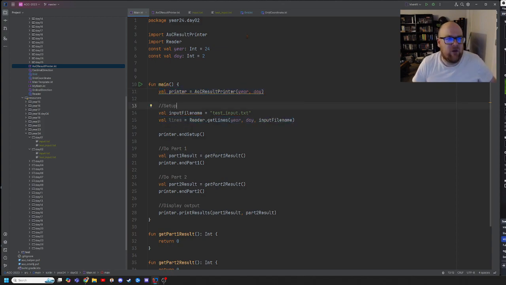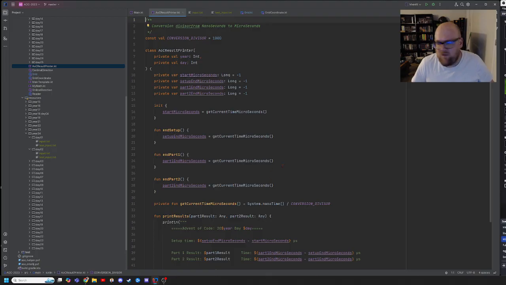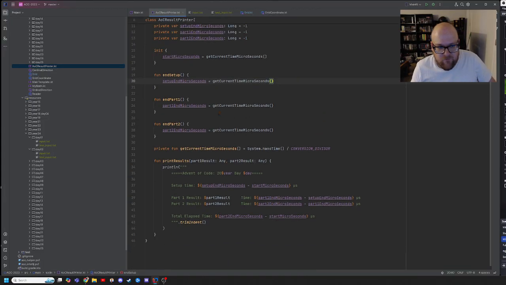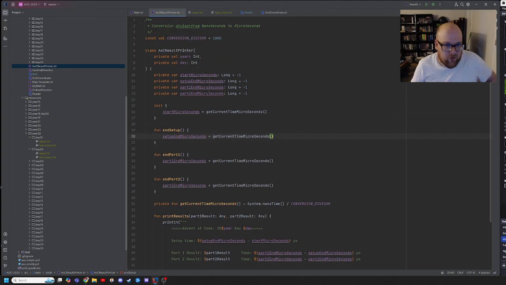So basically, I found that I was writing a pretty similar template because I like to add timings for things like doing the setup and doing the actual problem solving. I found that I was writing a lot of little timings like this. I do microseconds. There's a little bit of noise in there with microseconds, but it largely works. And I was writing the same kind of structure over and over, so I just wrote this little printer